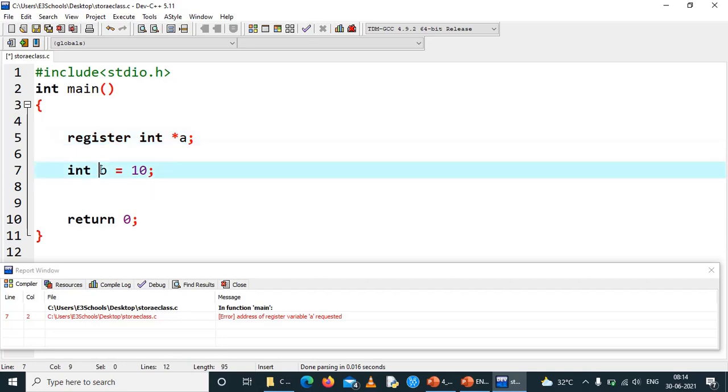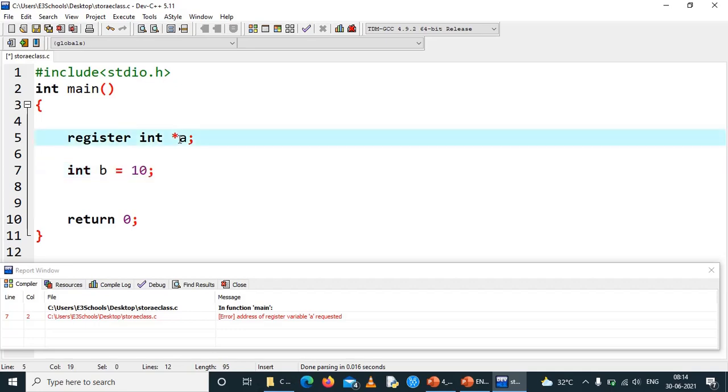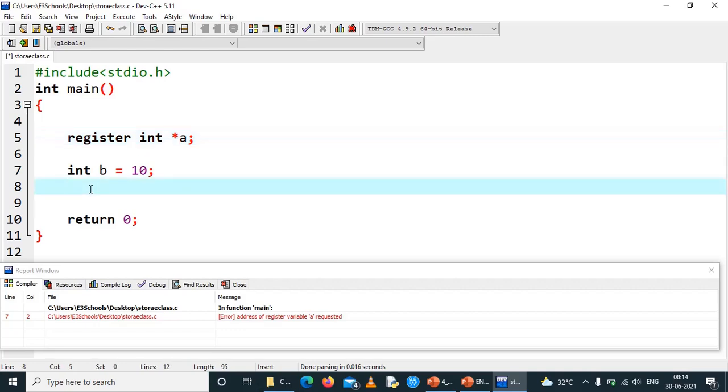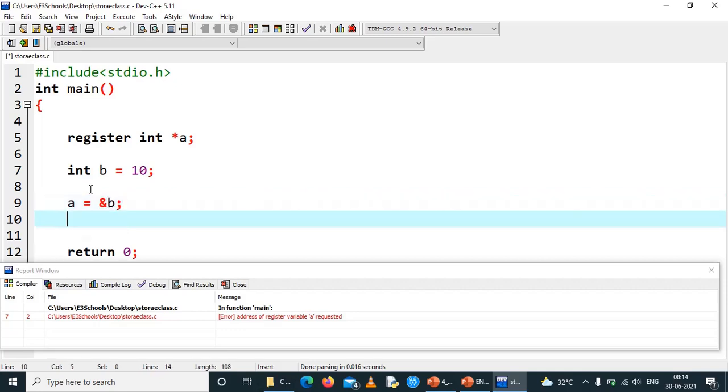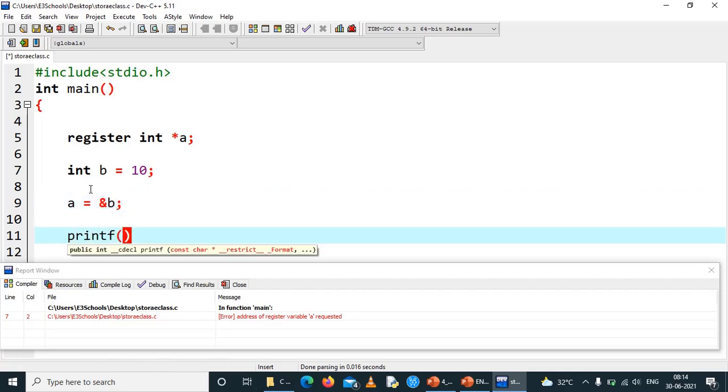Now I will have a variable b, and I will take the address of this variable b and store it in a. So registers can be used to store the address of another variable, and hence it can be accessed at a faster rate. A equal to ampersand b, star a.